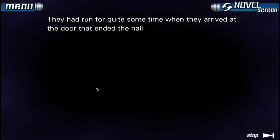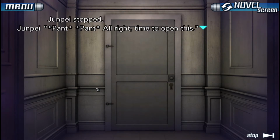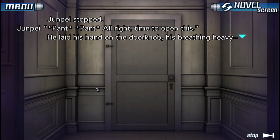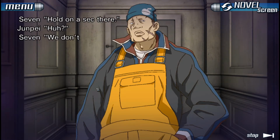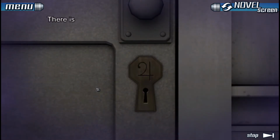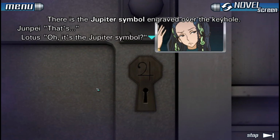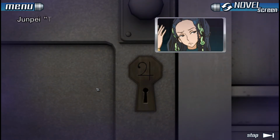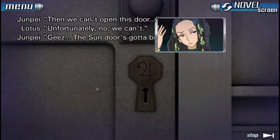They had run for quite some time when they arrived at the door that ended the hallway. Junpei stopped. Alright, time to open this. He laid his hand on the doorknob, his breathing heavy. Seven laid a hand on his arm. Hold on a sec there. Huh? We don't have the key for this one yet, right? Oh, yeah. That's... Oh, it's the Jupiter symbol. Seven was right, they had no Jupiter key. We can't open this door. Unfortunately, no, we can't. Jeez, the sun door's gotta be just on the other side of this, you know? We can't just stop...